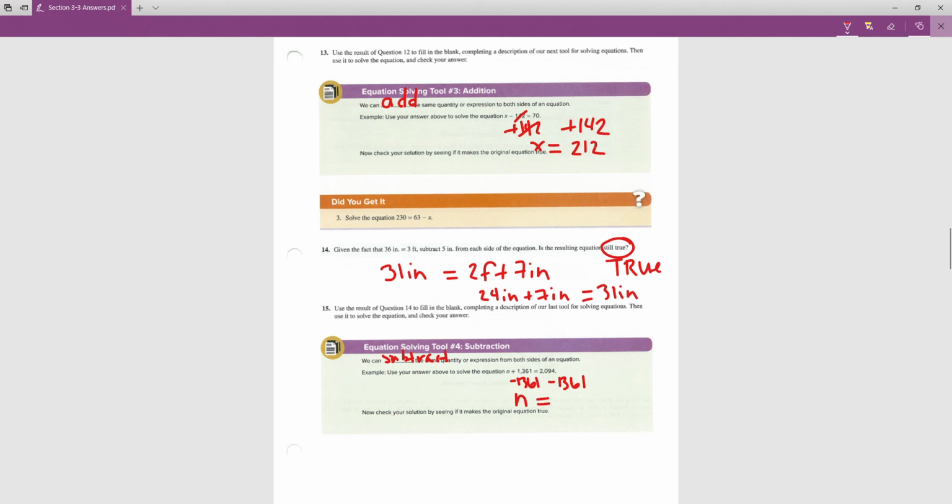And on the right side, when we subtract 1,361 from 2,094, that leaves us with a quantity of 733. So if I plug that back in, 733 plus 1,361 does come out to be 2,094. So that is